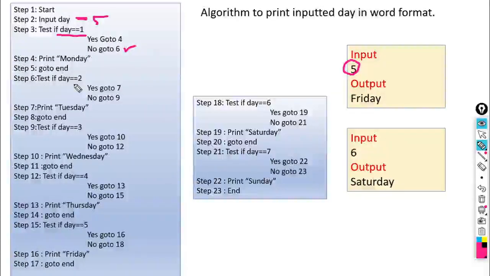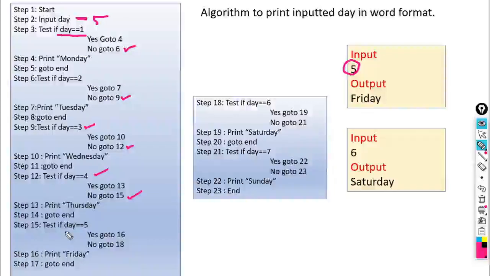It will check day is equal to 2. This remains false. It will take your control to 9. Then again check day is equal to 3. It will take your control to step number 12. Then at 12, if day is equal to 4, no, again it is false. So it will take your control to step number 15.